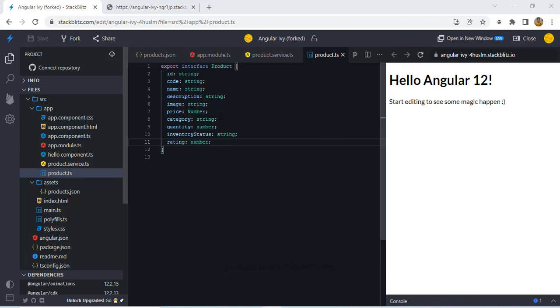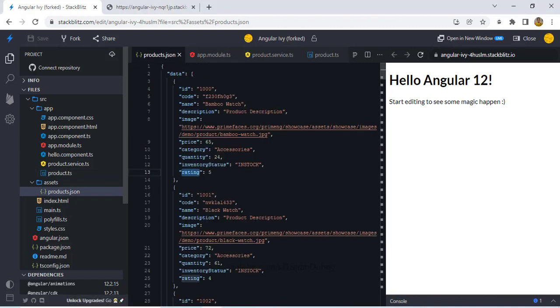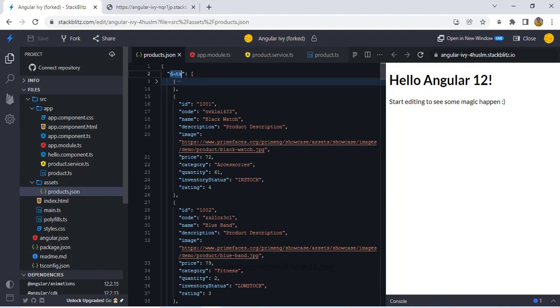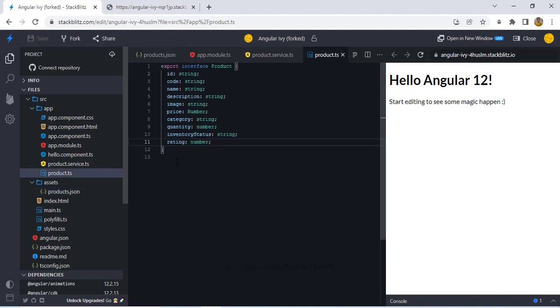So as we discussed, we need an interface matching with our JSON. So let me see our JSON. We can see one outer layer that's called data, and that data has an array of these products. So we should also have one outer layer interface. So let me create one more